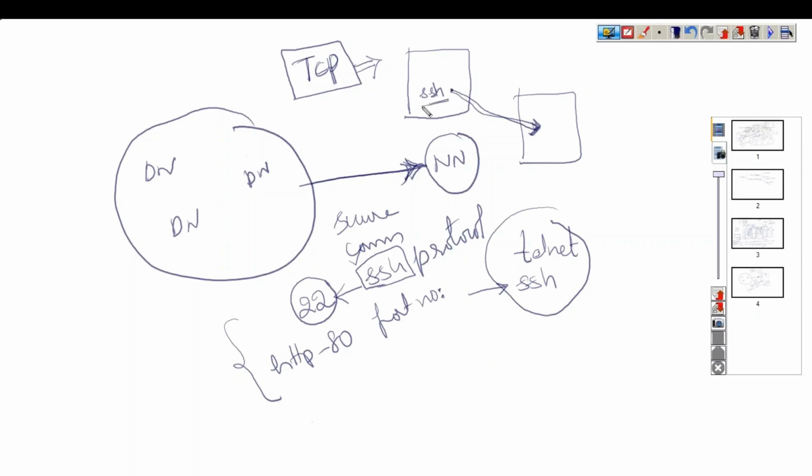The request is: I'm trying to connect to you in a secure mode. How does this node identify that this is a secure connection request? With the help of the port number. With the help of the port number, it identifies a particular process or request.